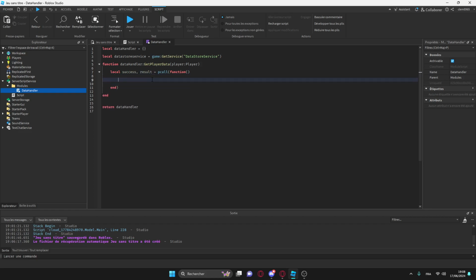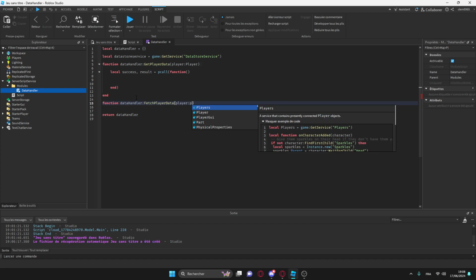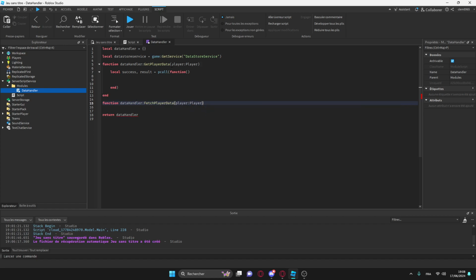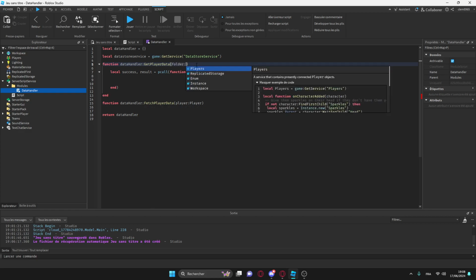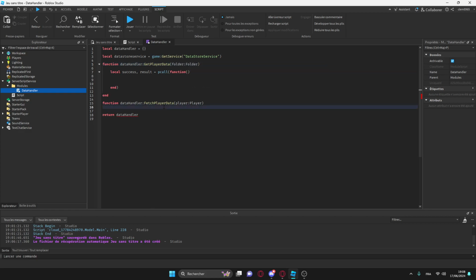Now we're gonna open another function called function DataHandler.FetchPlayerData(player, folder). So basically what we're gonna do with FetchPlayerData is